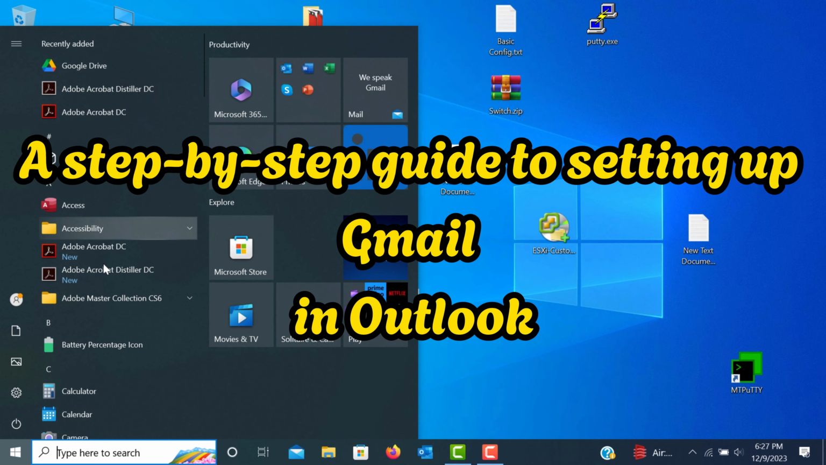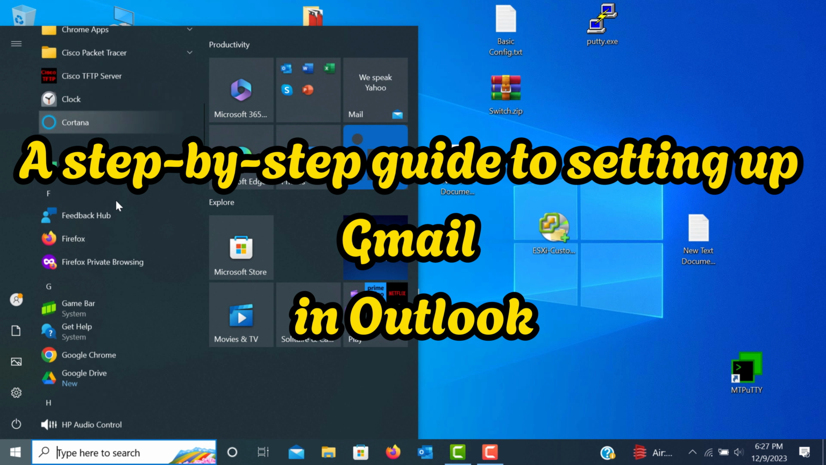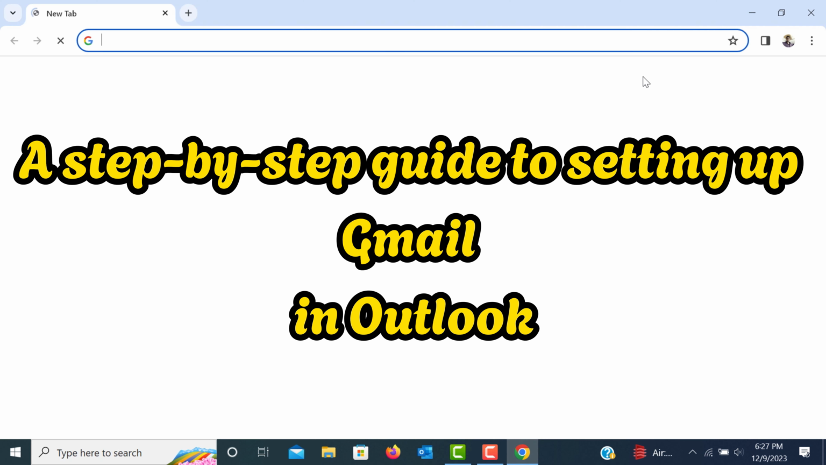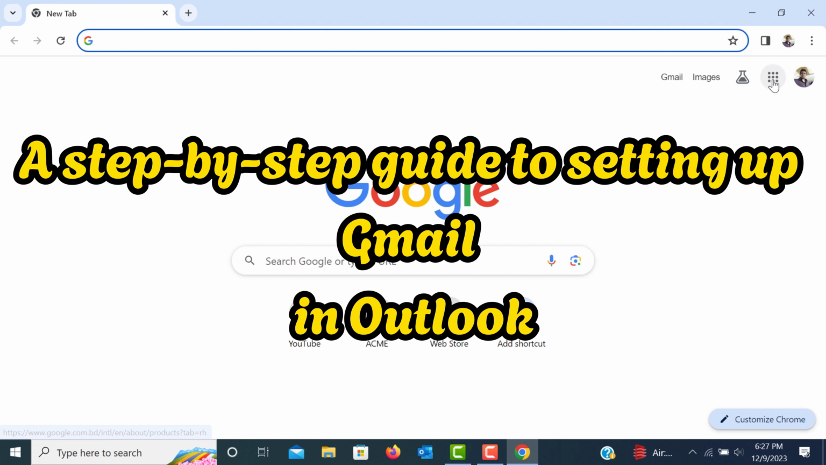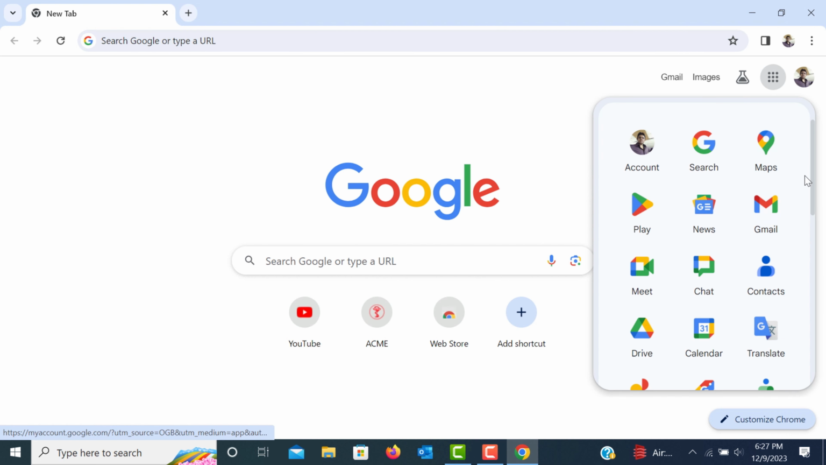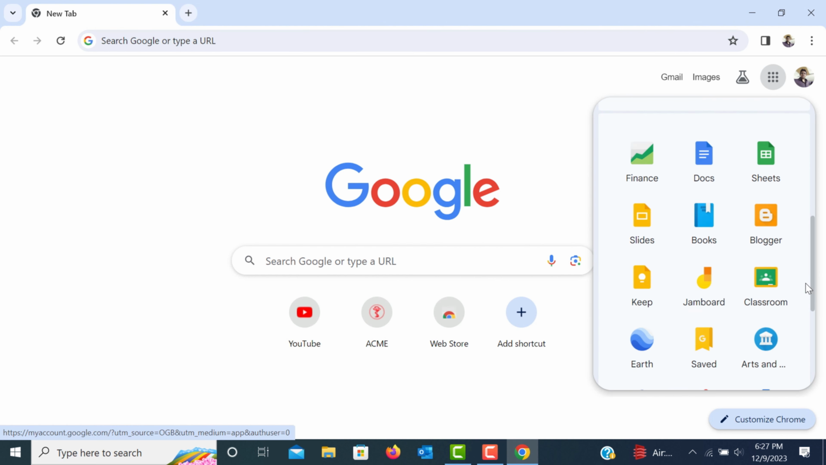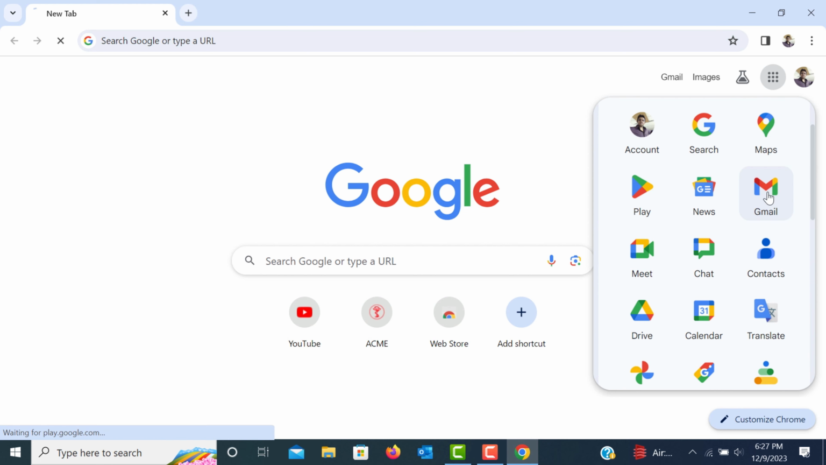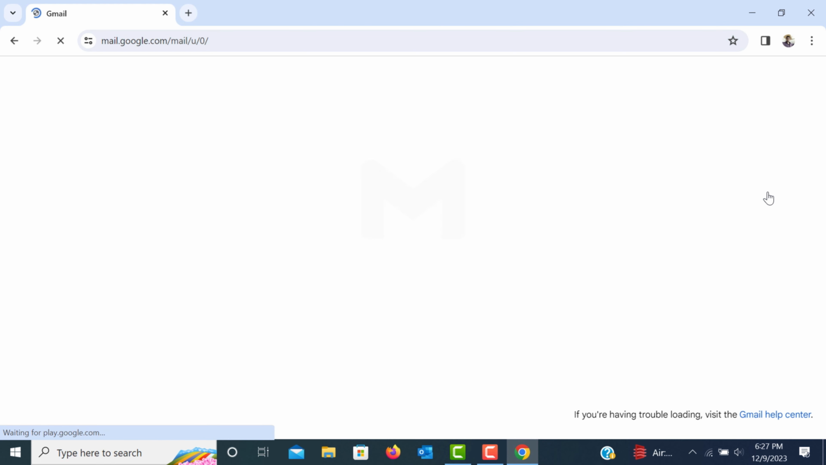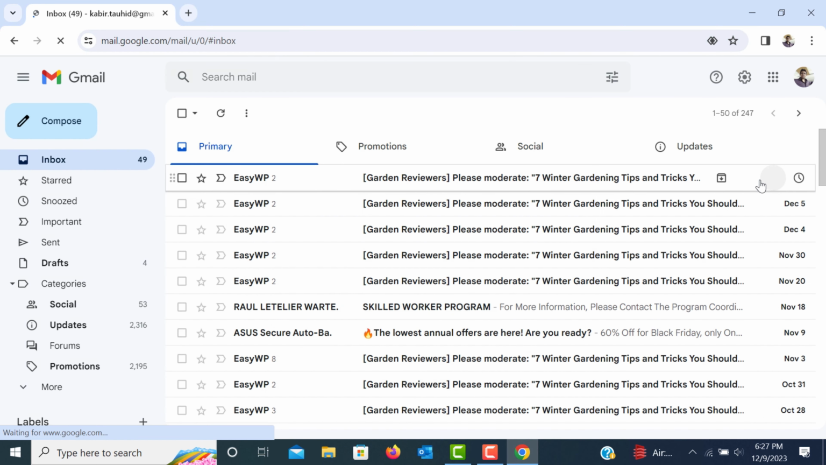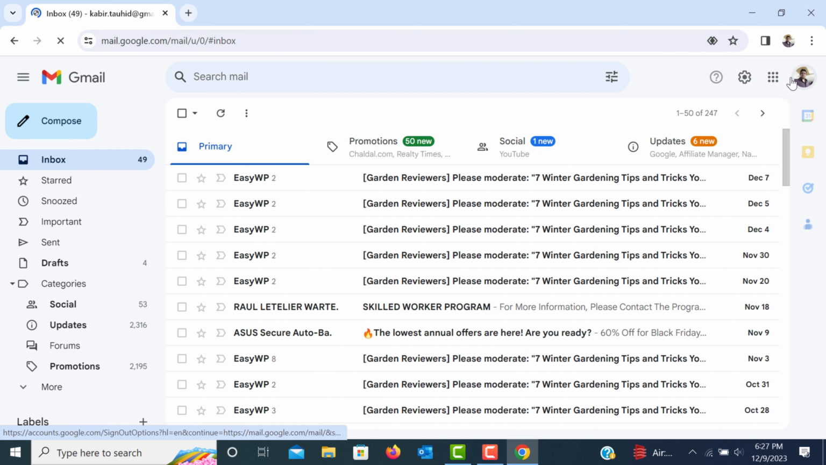I'm gonna show you how to set up Gmail in Microsoft Outlook. To set up Gmail in Microsoft Outlook, we just open our Gmail account. In Gmail,